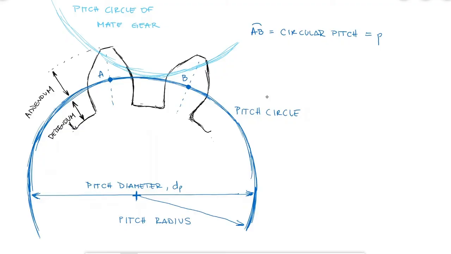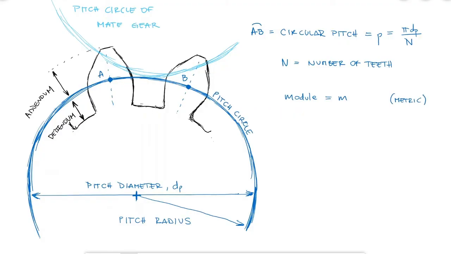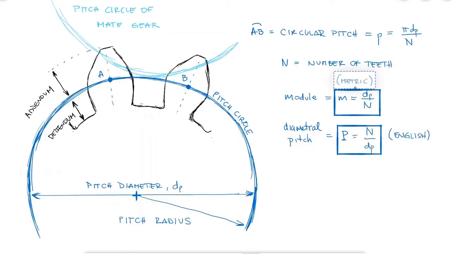The circular pitch, that distance between one tooth and the next, will for this reason be equal to the circumference divided by the number of teeth. Even though the circular pitch is what defines that distance, which makes total sense for a pitch, we usually use the module for metric units, which is the same as the circular pitch without the pi, and the diametral pitch for English units, which for whatever reason is the reciprocal of that. The units of the module would be millimeter per teeth, and the units of the diametral pitch are teeth per